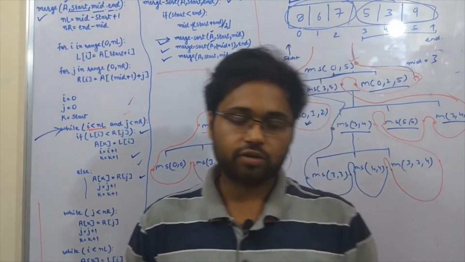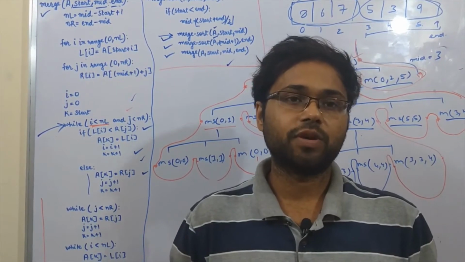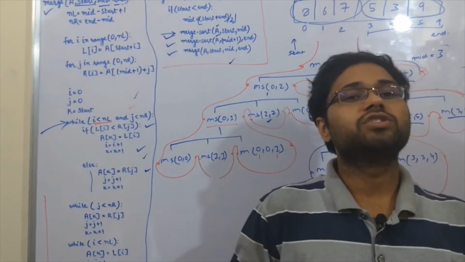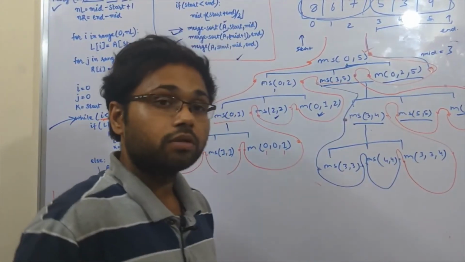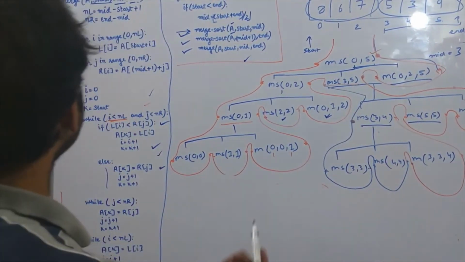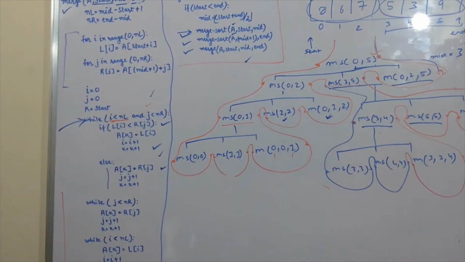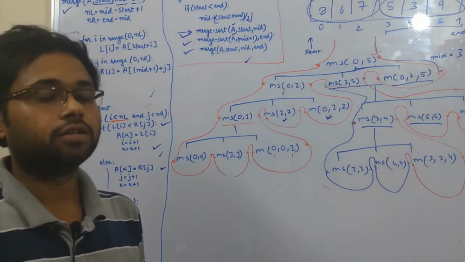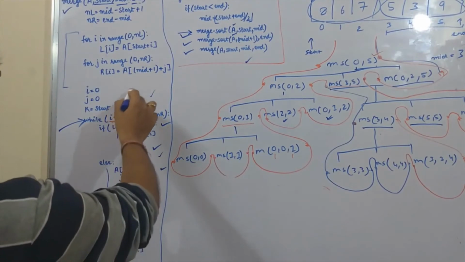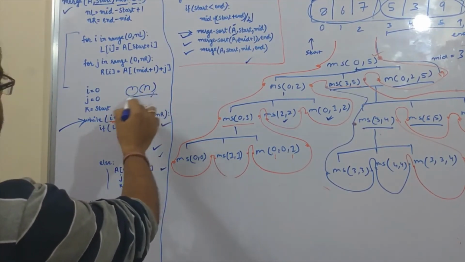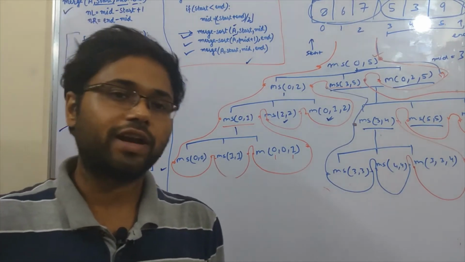As we have seen in the case of insertion sort, it is not using any extra space, but in the case of merge sort we are using some extra space. So let us see what the extra space is. First, we are creating two arrays of size n, so basically it will take order of n. This merge procedure will definitely take order of n space, as we are creating two arrays of approximately size n.